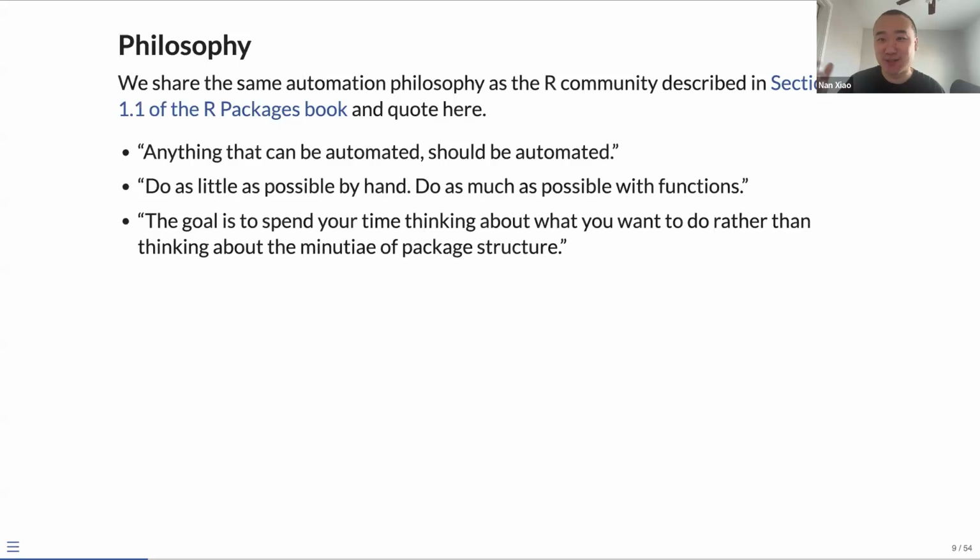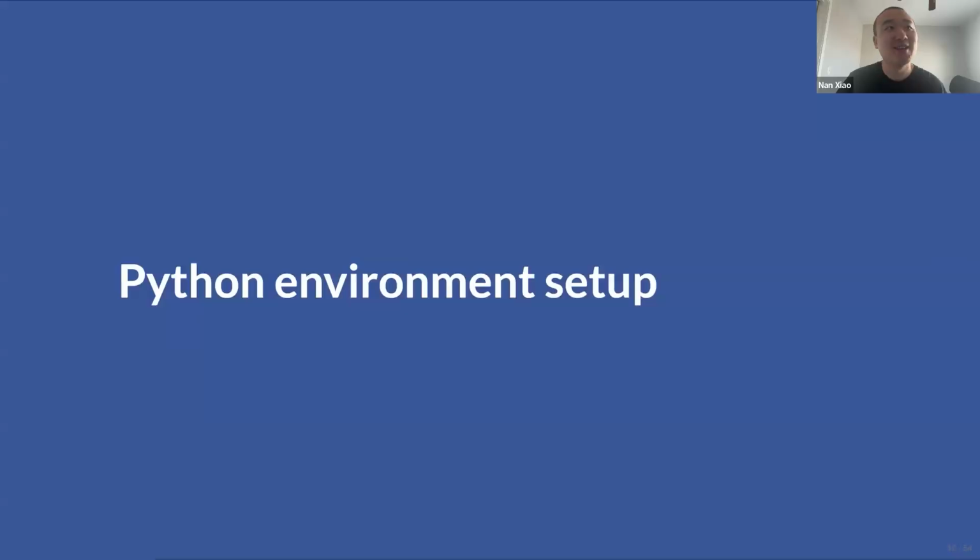And our goal is to focus and spend our time on the things that we really care about, instead of just thinking about all these very technical structure stuff. Although that structure might be important, right? But if we follow a very standard structure and standard workflow of doing things, you will be able to focus your attention on the right things, in the long run especially.